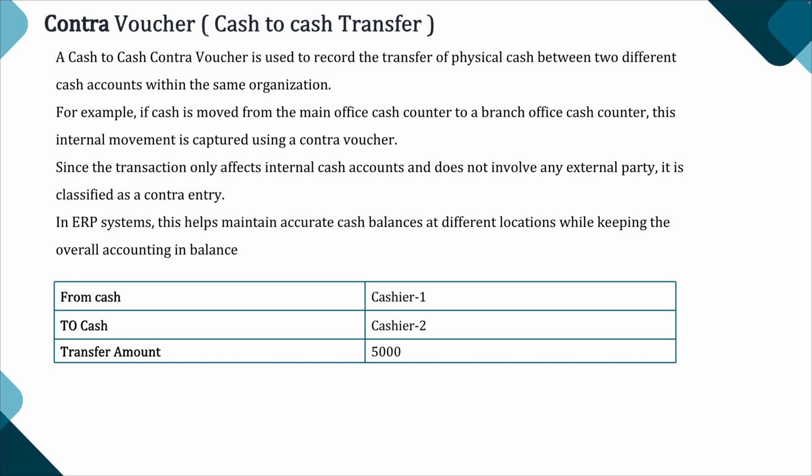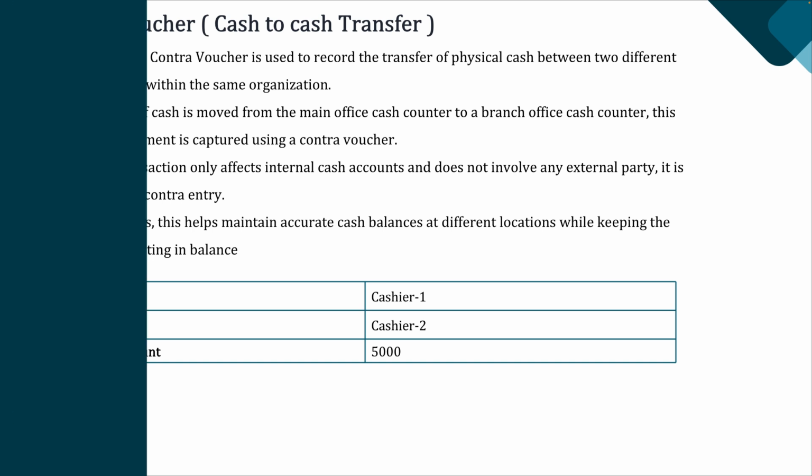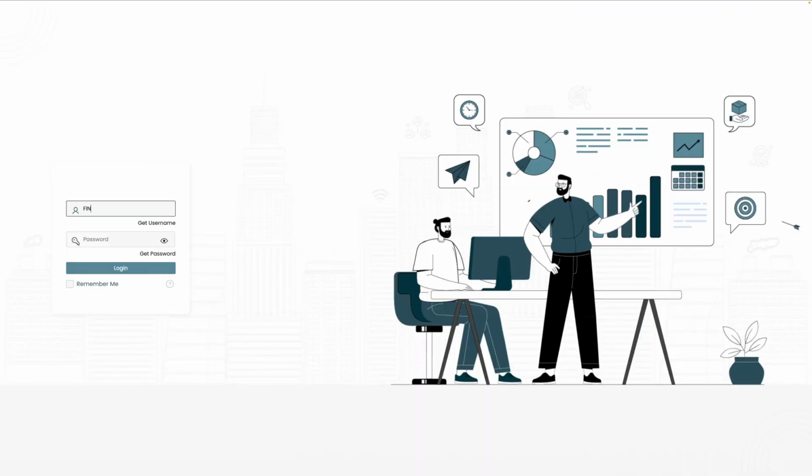Since the transaction only affects internal cash accounts and does not involve any external party, it is classified as a Contra entry. In the ERP system, this helps maintain an accurate cash balance at different locations while keeping the overall accounting in balance. Let's take an example entry. From cash, cashier 1, to cash, cashier 2. Transfer amount, 5,000. Let's log in with the username and password of the creator's login to create a Contra Voucher